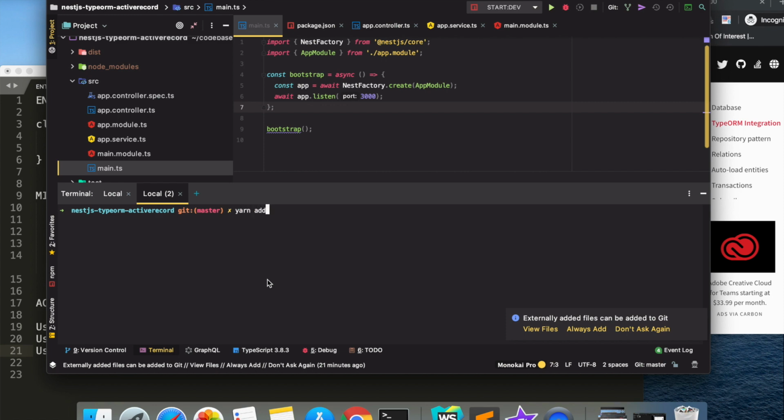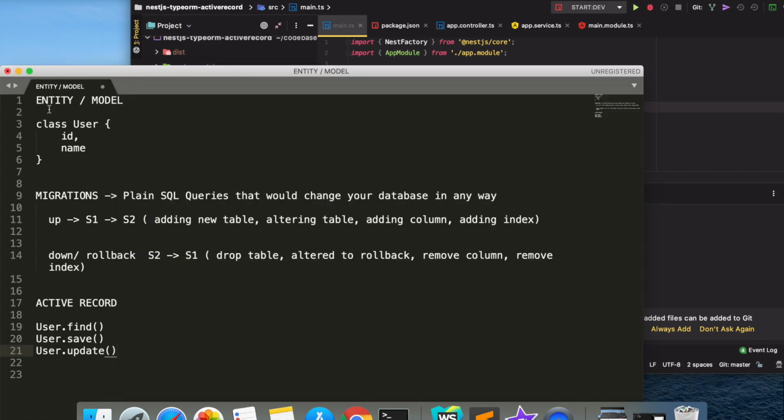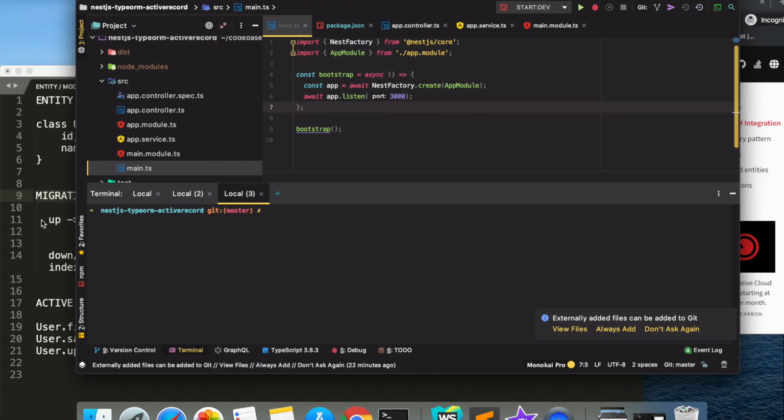So yarn add. Meanwhile these are installing, we would create a directory in our source folder. We need these two things, right? Entity and migrations. And all these things we are going to keep in a folder named DB.